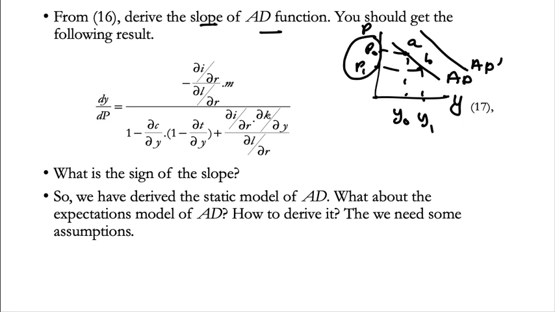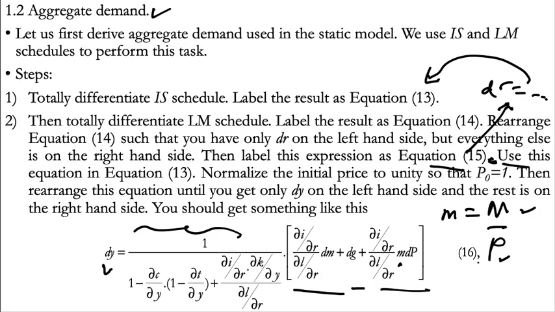So let's go back. Before we can derive the slope of the aggregate demand function in 17, you need to know the determinants of AD in the previous answer here in 16. Like I said earlier, this is the spending multiplier. You have three terms in the square bracket: number 1, number 2, number 3. Output in AD can change due to these three terms. Number 1, dm, means the change in real money supply. Number 2 is the change in G, government spending. Number 3 is the change in price here.